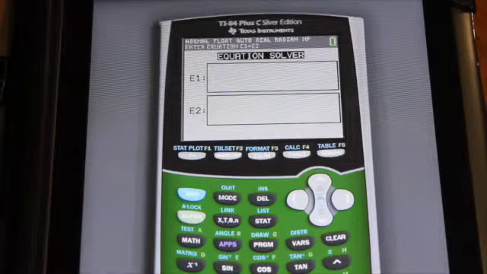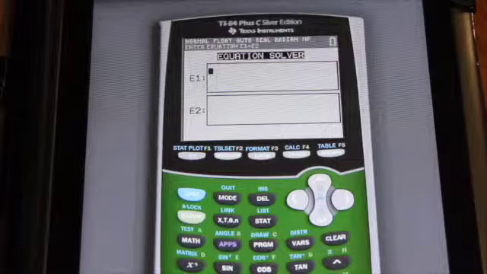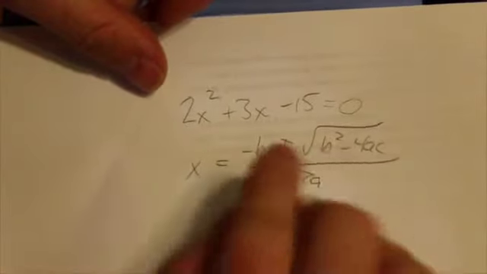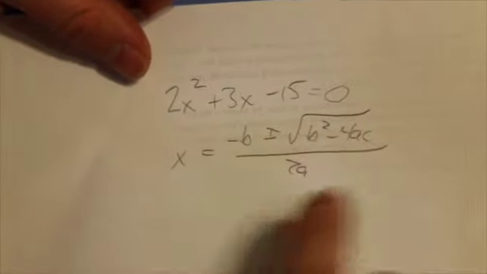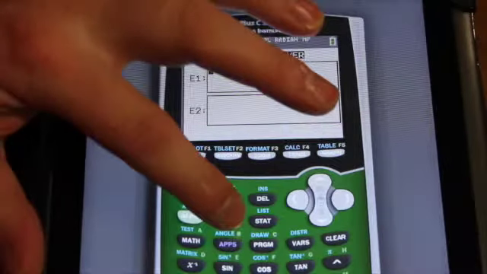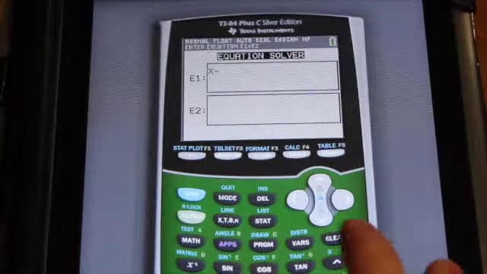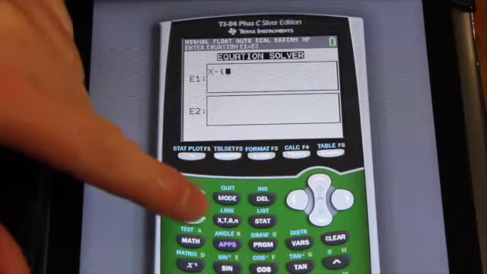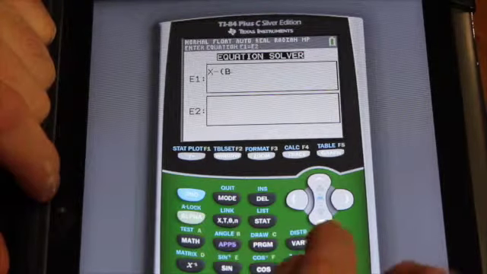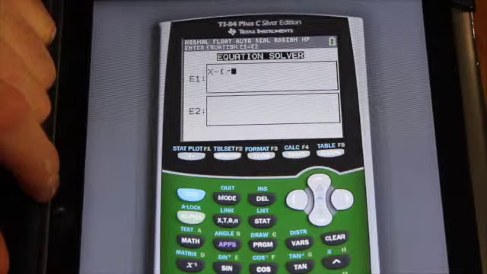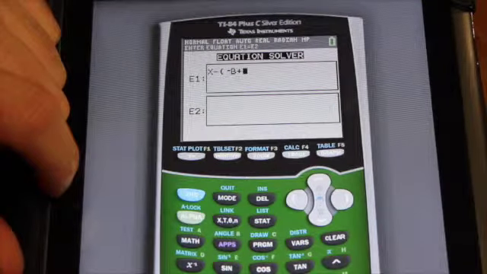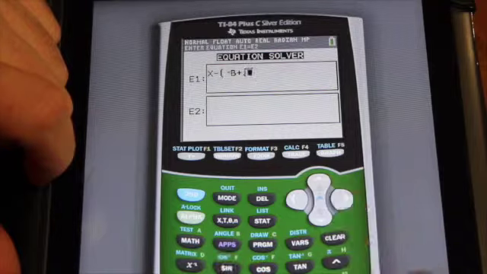What I have to do is bring everything over to one side of the equation. So I'm going to bring this part here over to the other side. So it's going to be x minus all of this. X minus, I'm going to put brackets around the numerator, and I'm going to use the alpha keys here. So I'm going to use alpha b, sorry, now I'm entering it incorrectly, negative b, okay, plus the square root